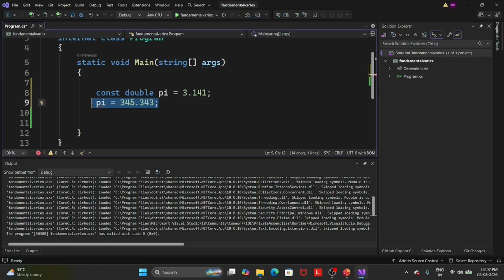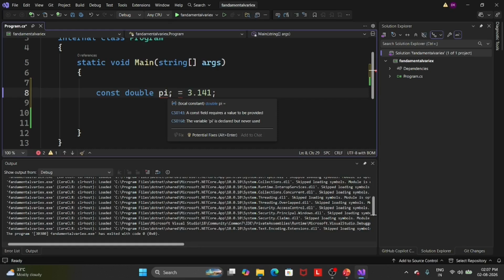A constant variable is assigned at the time of declaration. Here we declare the constant variable and assign the value of the constant. If we do not assign the value of the constant, what happens? The system gives an error. What is the error? A constant requires a value to be provided. That means a constant variable must be assigned at the time of declaration.